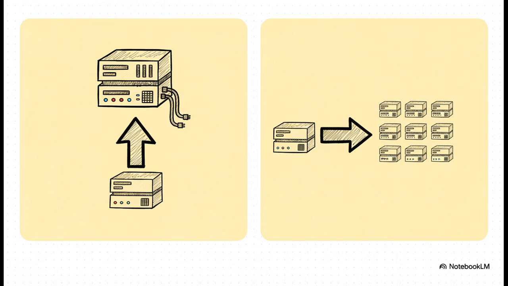Now, what's so cool about this is that it shows the two basic paths you can take. You can scale up, which means you just buy a bigger, faster, way more expensive supercomputer. Or you can scale out, which means you spread the work across a whole bunch of smaller, cheaper machines. And yeah, scaling up might seem simpler at first, but scaling out is the only way you can get to the massive global scale of the apps we use today.